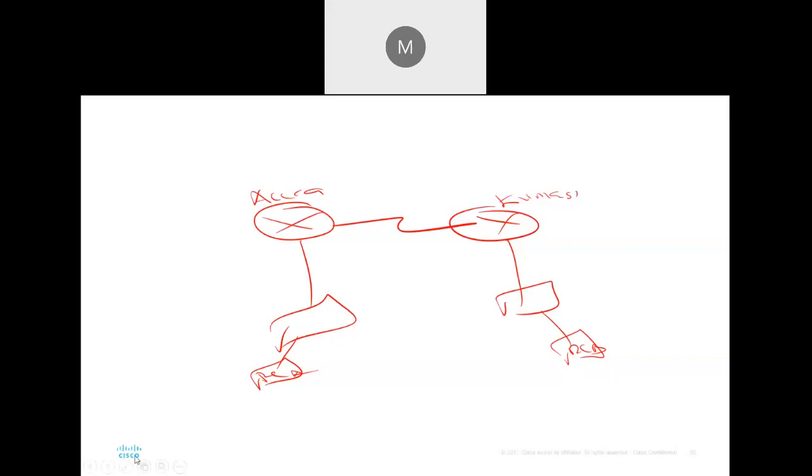Okay, let me get rid of it. I want to put Kumasi on the left. Okay. So this is Kumasi and this is Accra. Now don't forget, we got internet connection injected into the Accra router so that we distribute it to Kumasi, and we use OSPF to do that distribution. So now let's try to